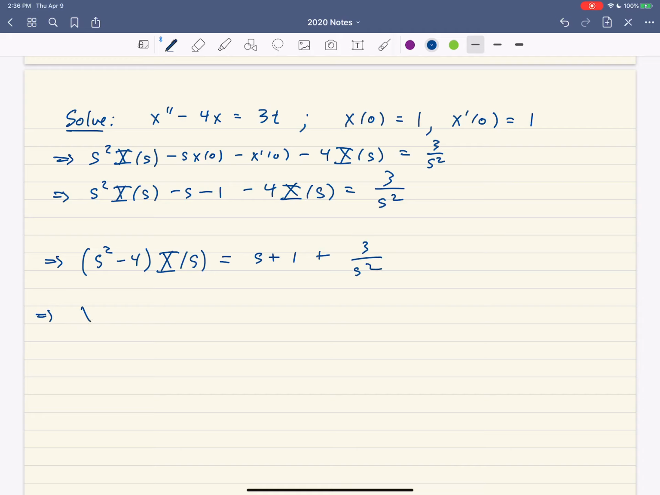And let's see, next, that tells us that capital X is going to be equal to s plus 1 over s squared minus 4 plus 3 over s squared times s squared minus 4. And so what that means is that we're going to have